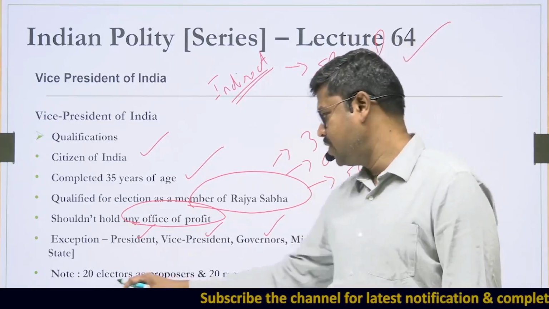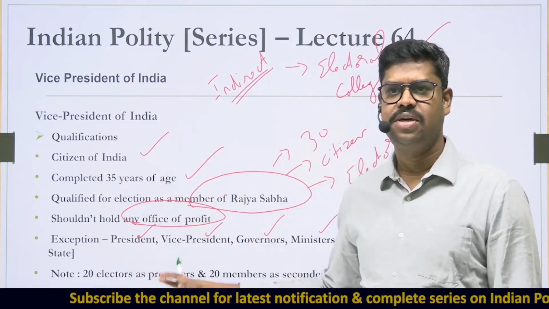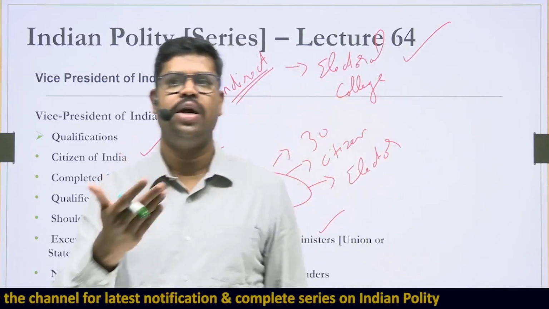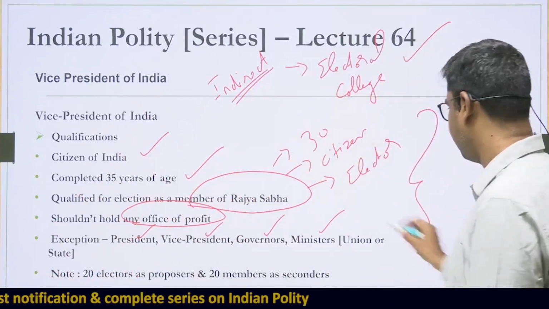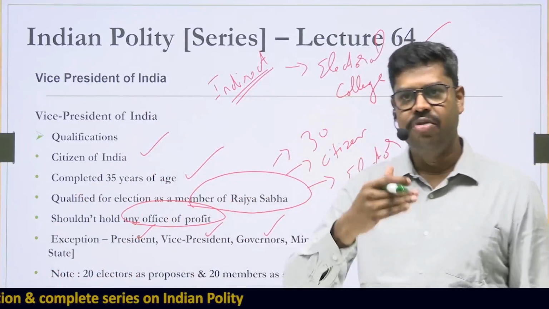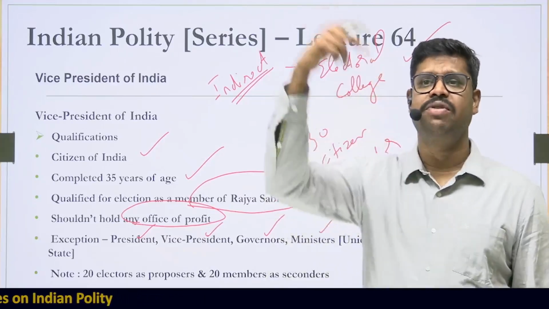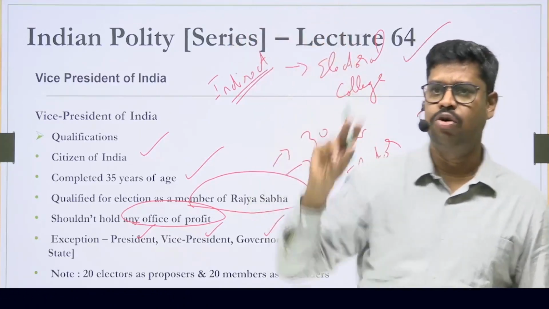So this is not mentioned in the constitution, but you can remember this is a requirement as per the Vice President Election Act 1952, which says that if somebody wanted to contest the election to the office of the vice president, who will satisfy all these conditions, once they satisfy all these conditions, apart from that, the name of those individuals has to be proposed by 20 members from the electoral college, not ordinary citizens, 20 members from the electoral college.